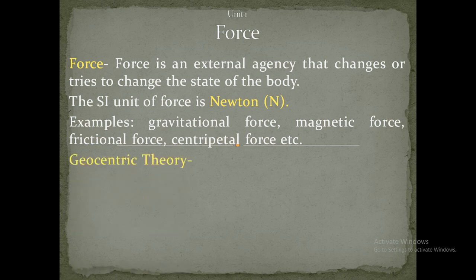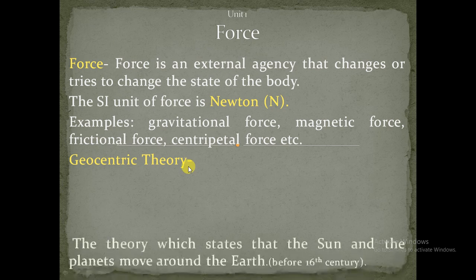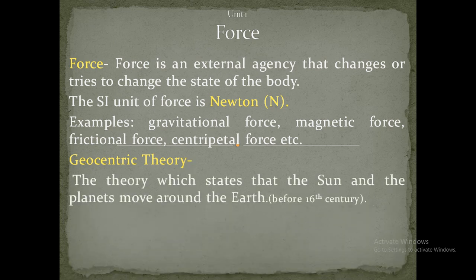In geocentric theory, the theory which states that the Sun and the planets move around the Earth is known as geocentric theory. Earth is in the center of the solar system and the Sun and the planets move around the Earth. This was the theory which was believed before 16th century, but this theory was rejected and new theory was given,